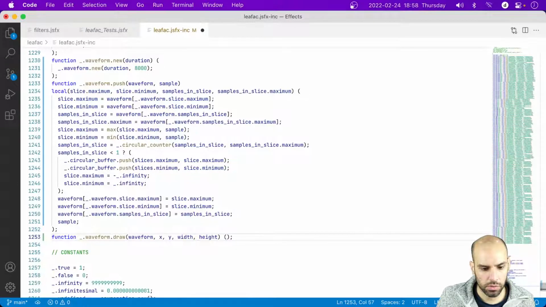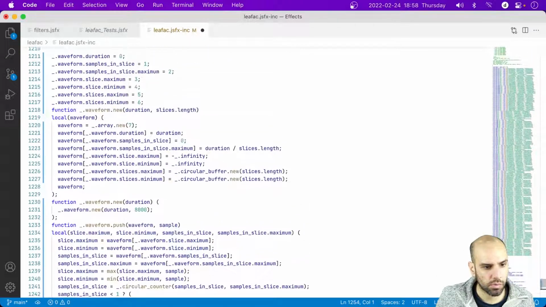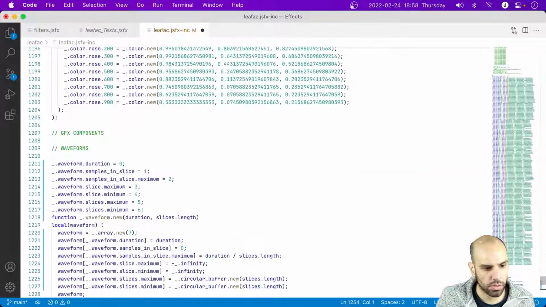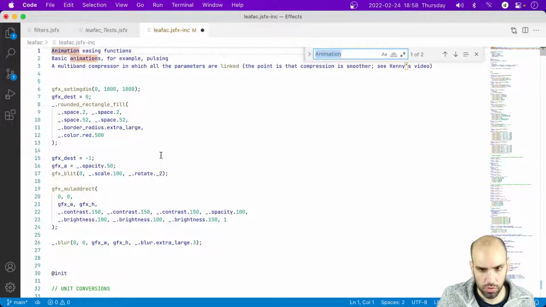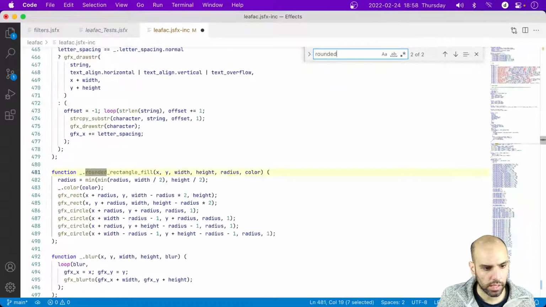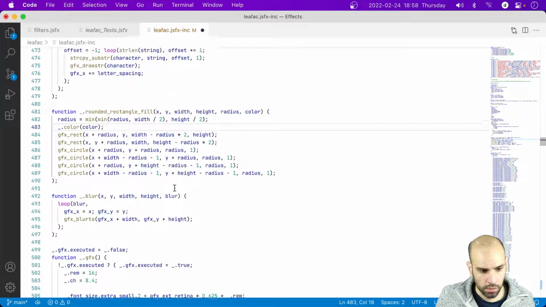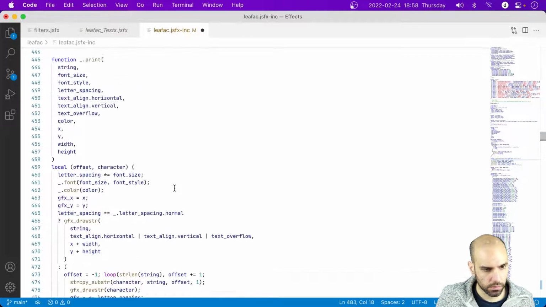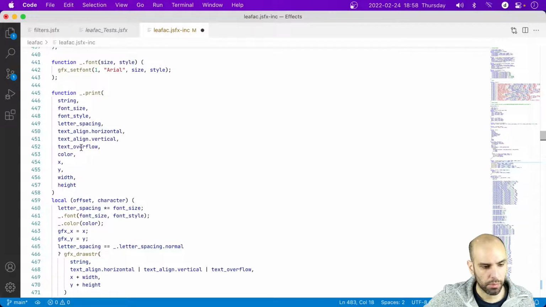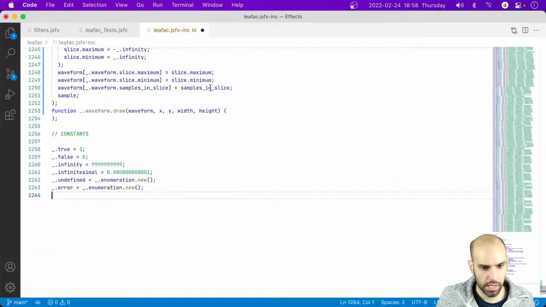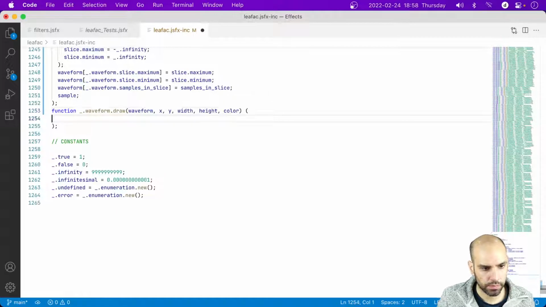And also, I kept going back and forth with the idea of passing colors into this. Let's see what I'm doing with the rounded rectangle. I am passing a color, like this. And over here, I'm also passing a color. So I guess that's the pattern. So I'll also ask you for the color that you want to draw